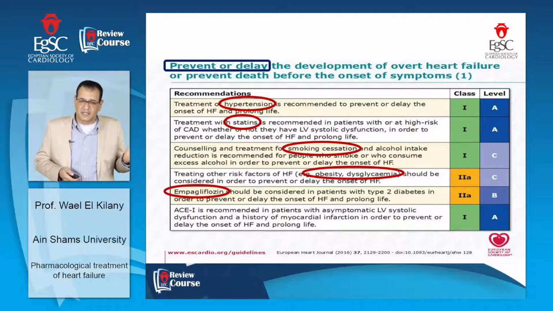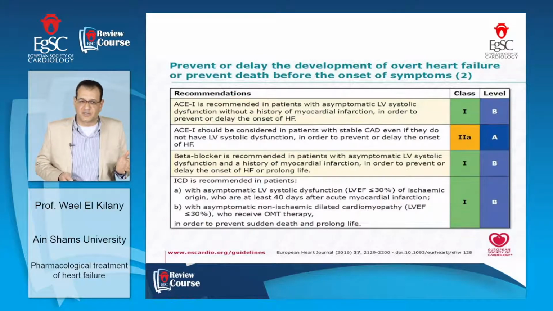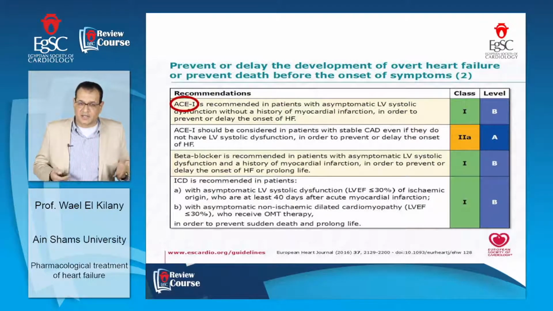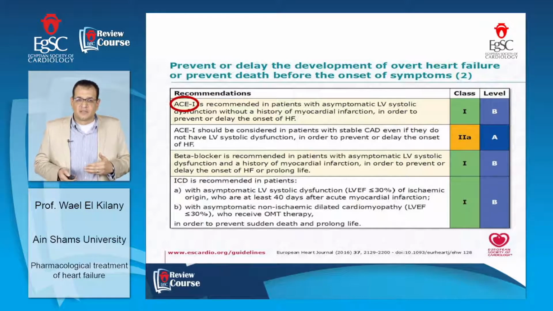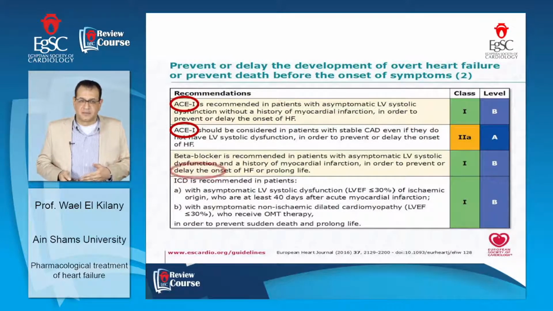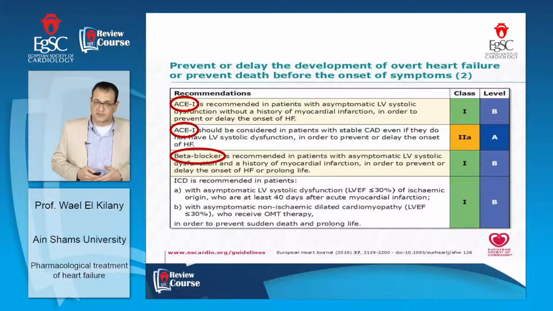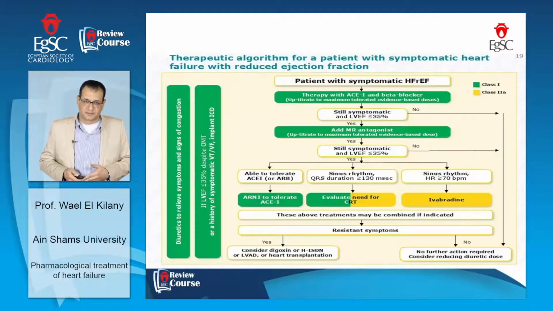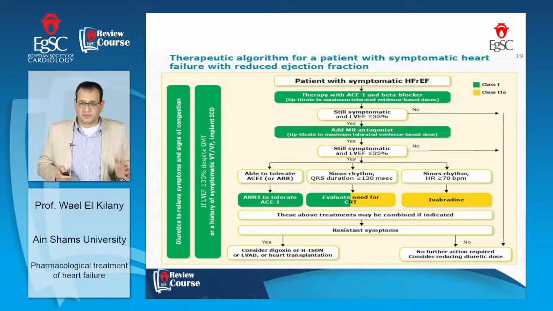ACE inhibitors in a patient with asymptomatic left ventricular dysfunction are actually recommended with class 1A or B. So using ACE inhibitors in asymptomatic left ventricular dysfunction or stable coronary artery disease is recommended. Beta blockers also in asymptomatic left ventricular dysfunction are also important. What about symptomatic patients? First of all,